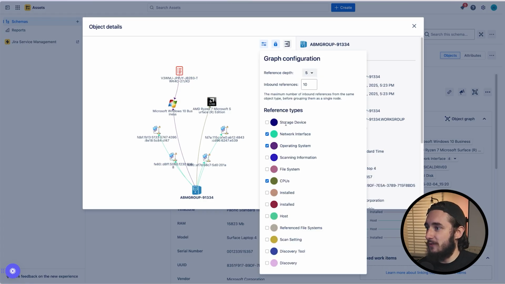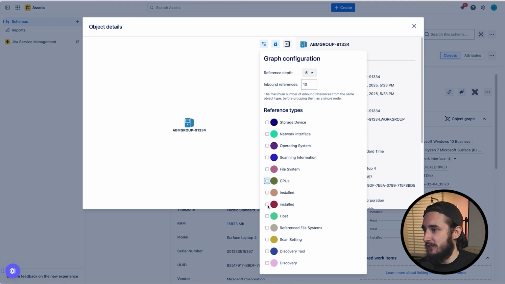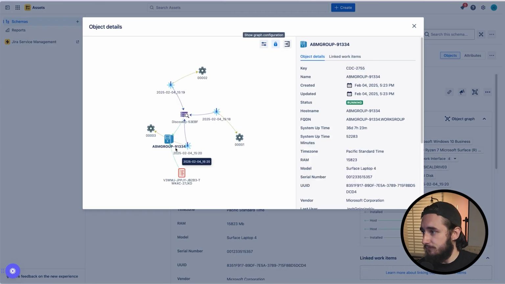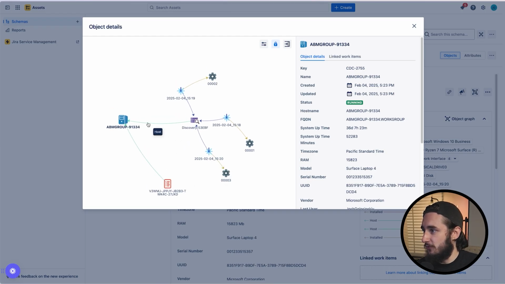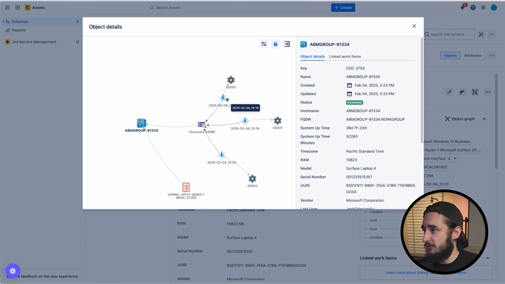But as we start adding back in our reference types, we'll start seeing more information as we go. So I definitely recommend unchecking some of these and going back through a few different items that you only want to see. That way you're not pulling in too much information and seeing too many things that you can't really keep track of anymore. So now that we have something like this, we can go through and see the discovery, we can see the scanning settings,